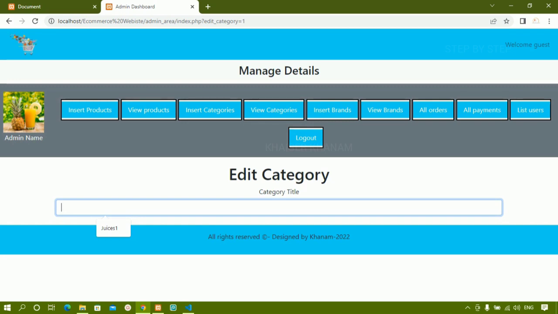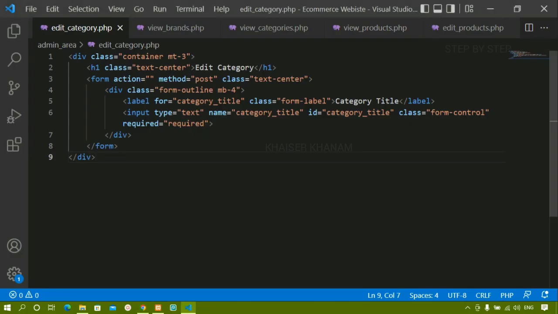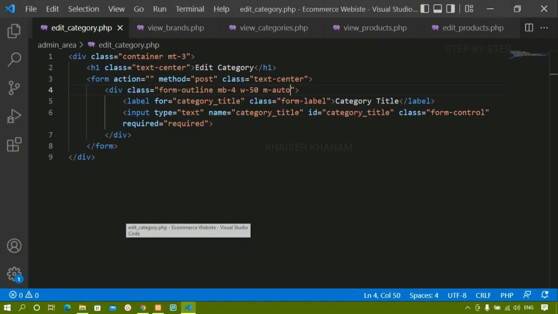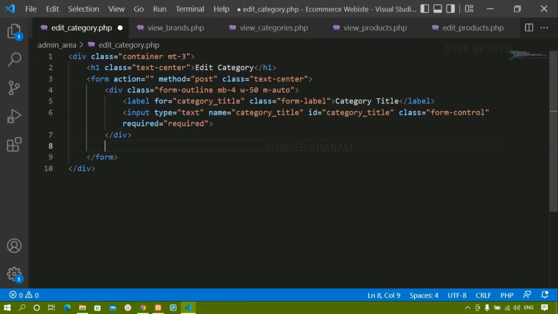Now if I refresh this, you can see this is my input field, but I don't want it to take the complete 100%. So for that I'm going to give width to be 50 and also margin to be auto, so that it will come in the middle. Now if I refresh this one, you can see this is my input field. Now below this I just need one button. So below this div container, which belongs to this input field, now below this div container,